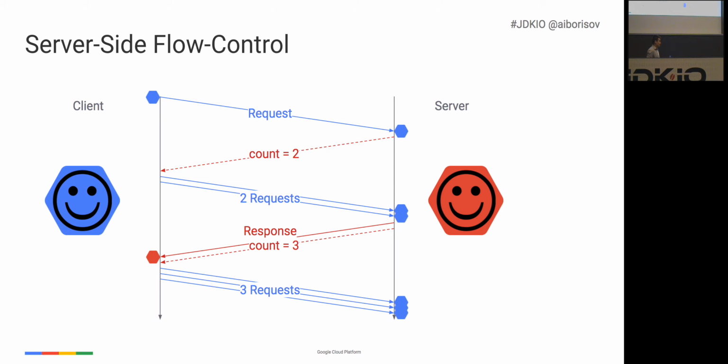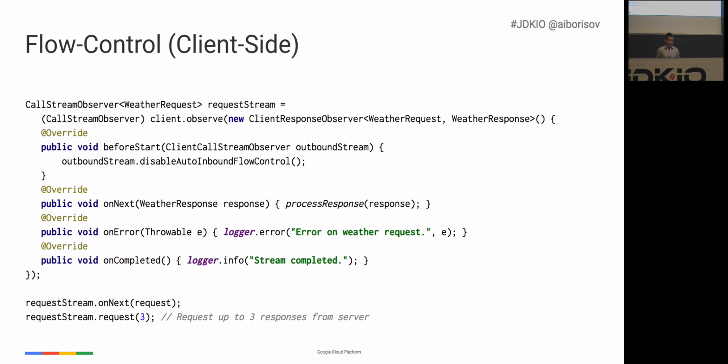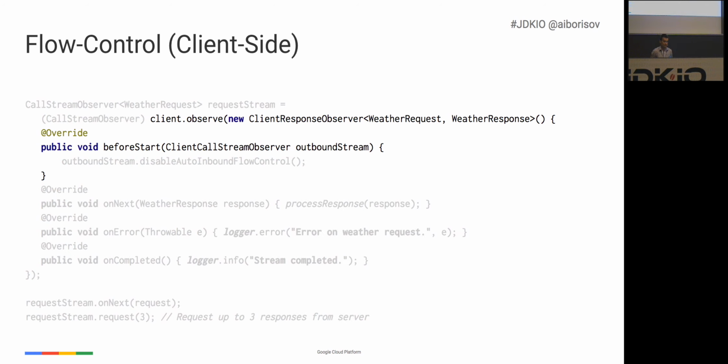gRPC supports both client and server-side flow control. On this example, can I hold the question until the end of the talk? Thank you. On this example, we can see client-side flow control. Let me explain it. First of all, when we need flow control, we call the observe method not with a simple stream